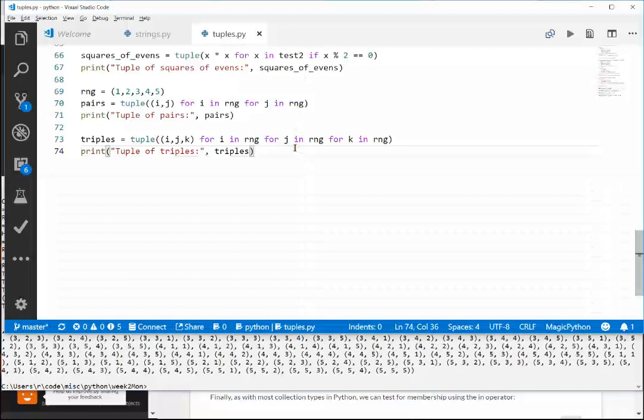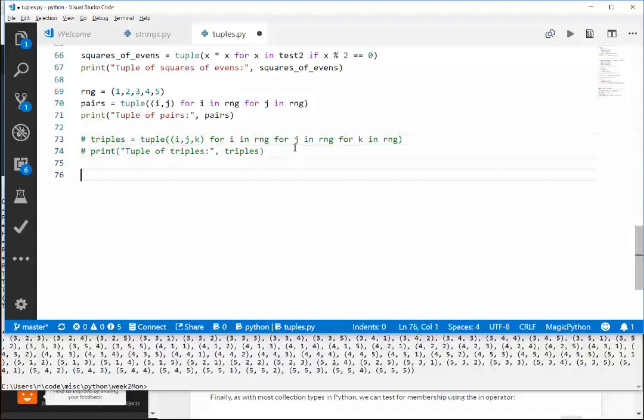Works fine. What if we want the pairs? Let's stick with the pairs. So I'm going to delete this one, or rather comment it out, because I don't want to see that output all the time. It's too large and it's going to become very annoying. Every time we run the program, there's a lot of output. So we're going to comment it out. But let's say now that out of the pairs, I want to select only those where the first element is larger than the second element. So I'm going to say ordered pairs equals